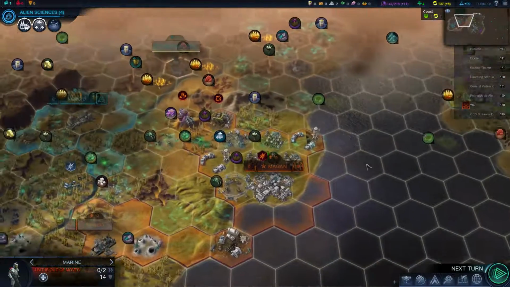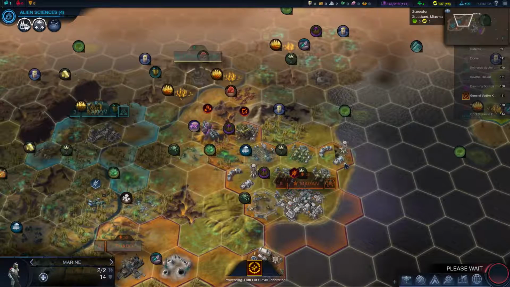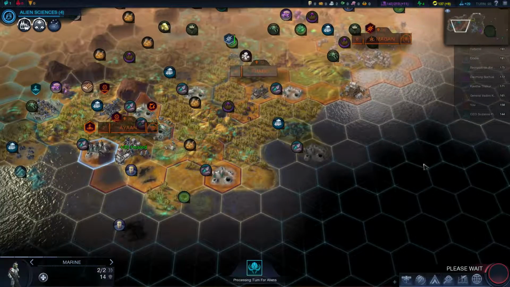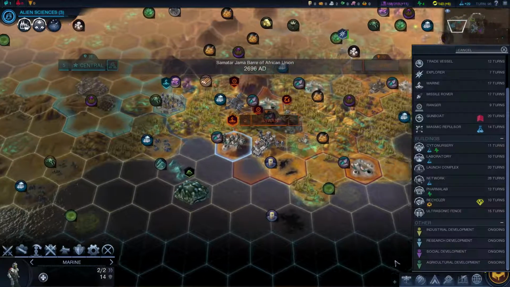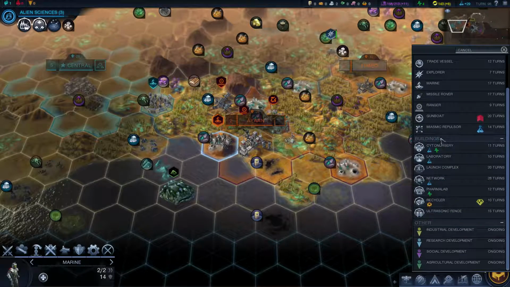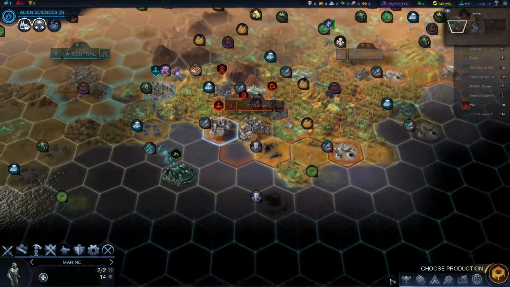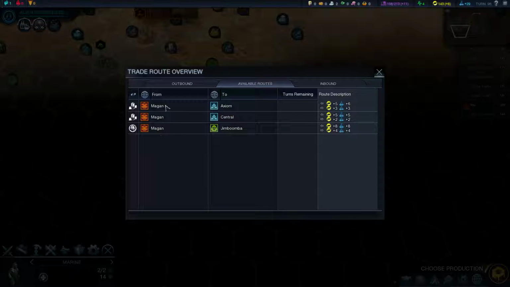Yeah, sure, that works. Oh boy, we've dropped in score like crazy. That makes me scared. Although it's pretty tight. Open borders has ended, I don't actually care. Money's dropping like crazy. You know what? We need a trade, our land trade thing, but hang on. First things first. Available trade routes. There we go. Oh, they're all Megan. Oh, I can finally send Megan over there on a ship thing. Why can't I...